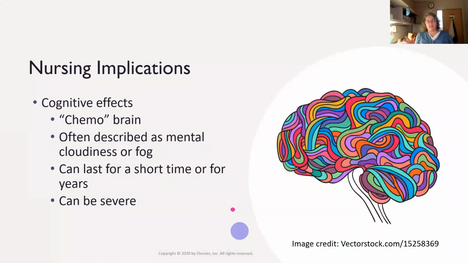There are also cognitive effects of cancer treatment. And they can happen anytime during the cancer, especially after treatment. So chemobrain is an alteration in mental function, and it's described by patients as mental cloudiness or a brain fog. Patients experience thinking and memory problems. The brain will recover over time, but the effects can last either a short time, or sometimes